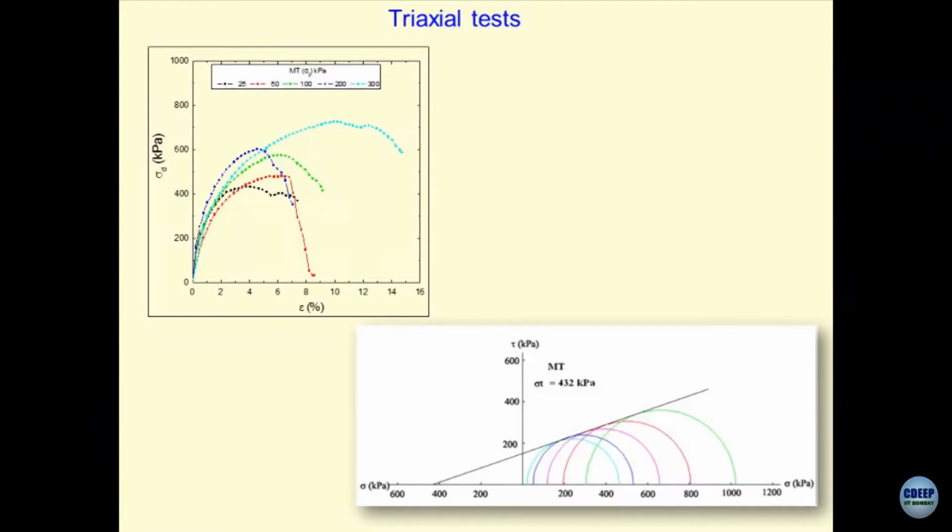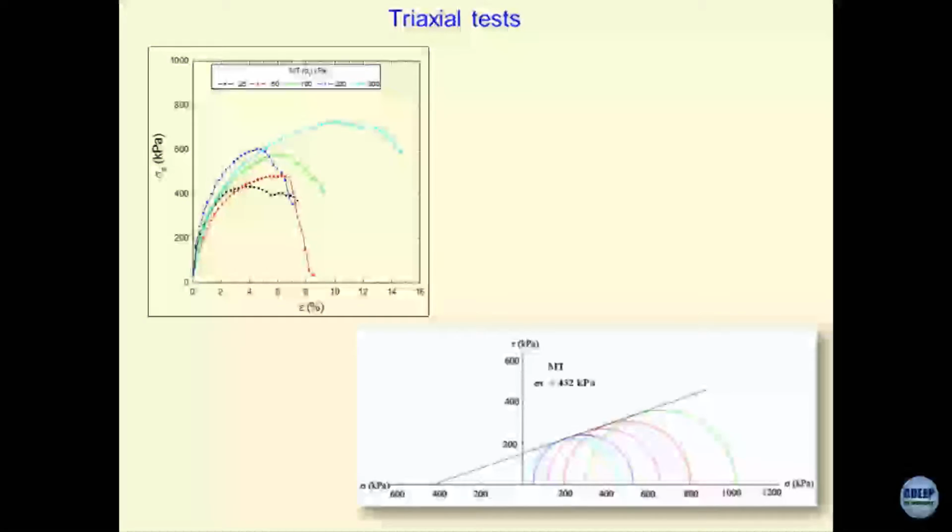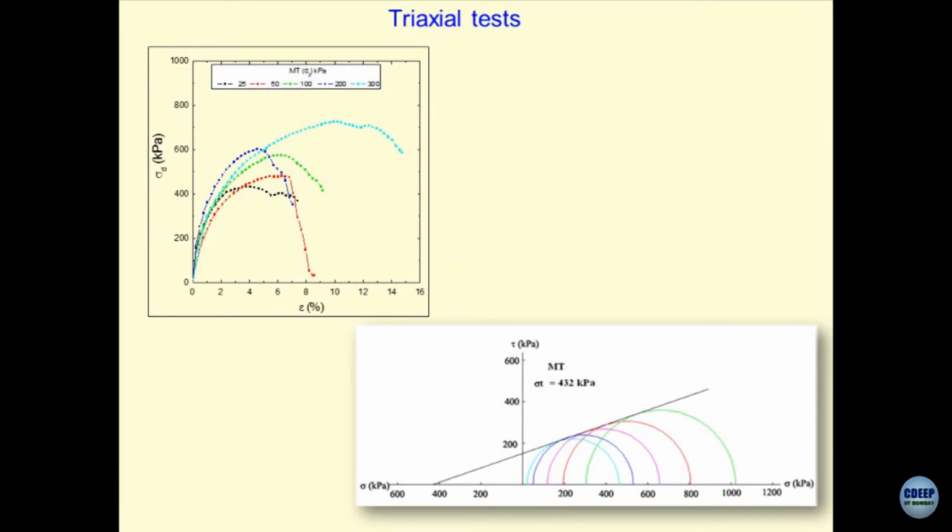The first in the series to obtain the tensile strength directly would be the triaxial test, and I hope you can recognize this situation very easily. If I perform the test where I do the stress-strain relationship for different types of samples, what I have to do is develop the Mohr envelopes. So, this line which you have drawn is the Mohr-Coulomb envelope, and if I extend it back and find the intersection of the Mohr-Coulomb envelope on the normal stress axis, this is nothing but sigma t.